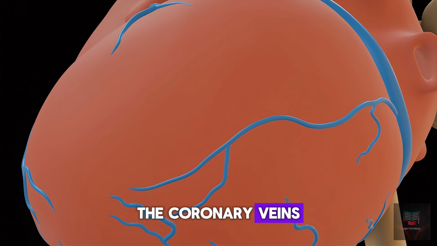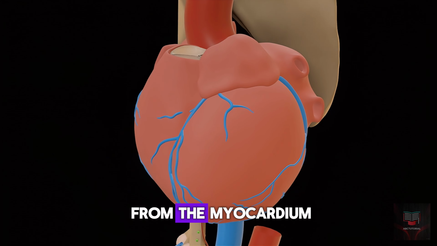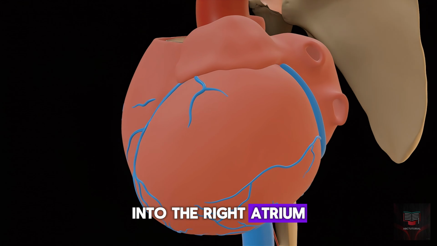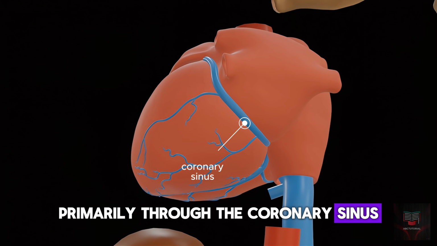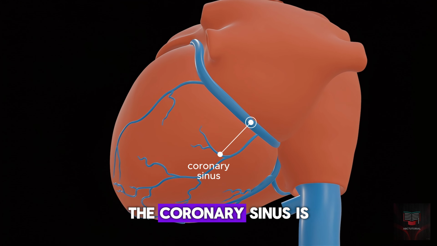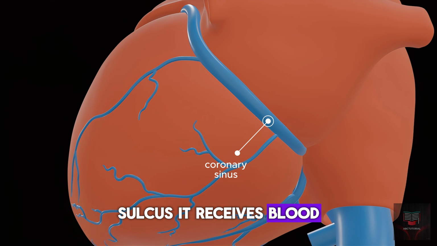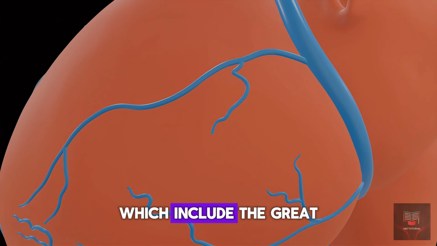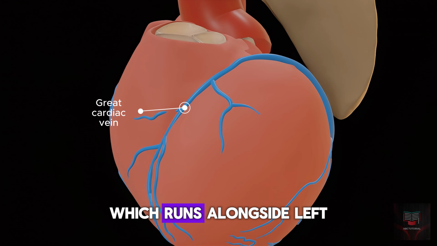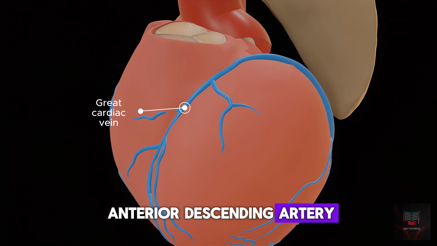The coronary veins drain deoxygenated blood from the myocardium into the right atrium, primarily through the coronary sinus. The coronary sinus is located in the posterior coronary sulcus. It receives blood from smaller veins, which include the great cardiac vein, which runs alongside the left anterior descending artery,